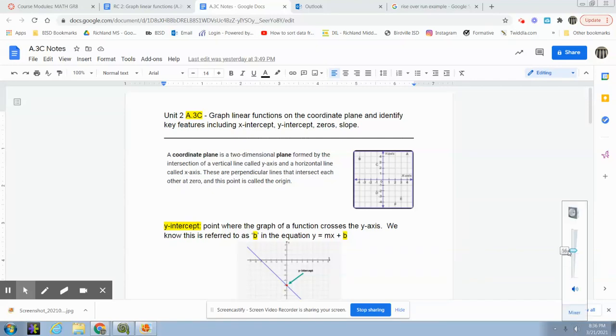Hey guys, a couple of things on the notes for A.3C. We're going to graph linear functions on the coordinate plane and identify key features including the x-intercept, y-intercept, zero, and slope. So, as you know, the coordinate plane is a two-dimensional plane formed by the intersection of a vertical line